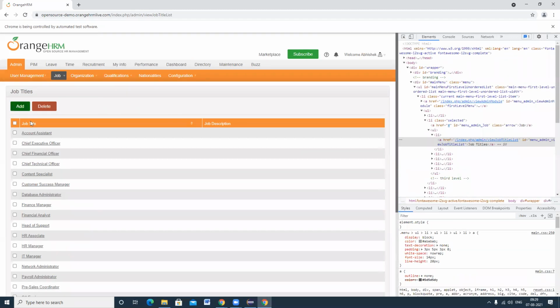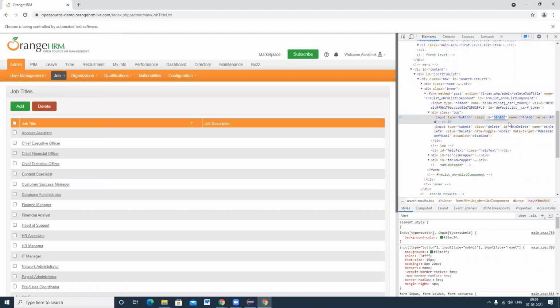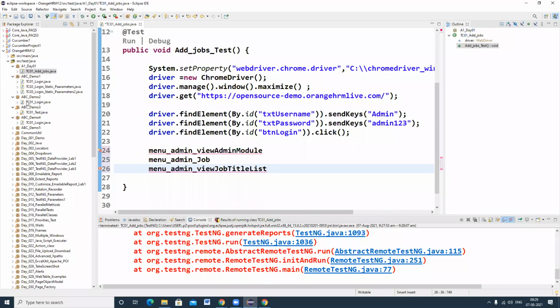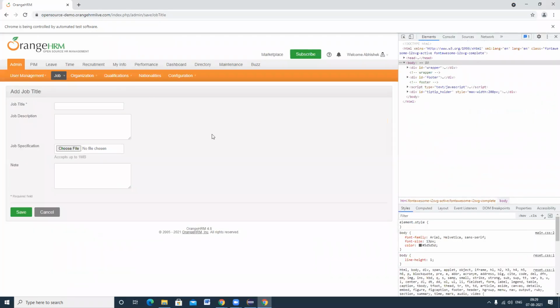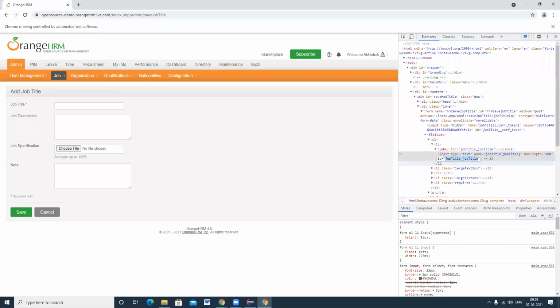Here I need to inspect my web element. ID is equal to button add. After clicking on the add button, I'm navigating to this page. So I need to enter job title. ID is equal to job title, this one.